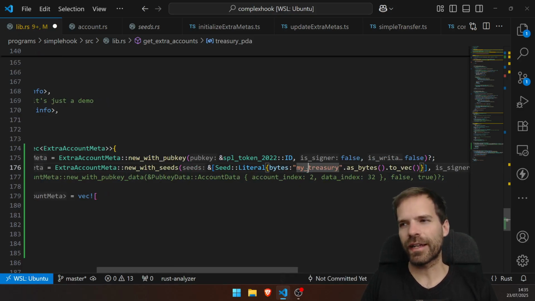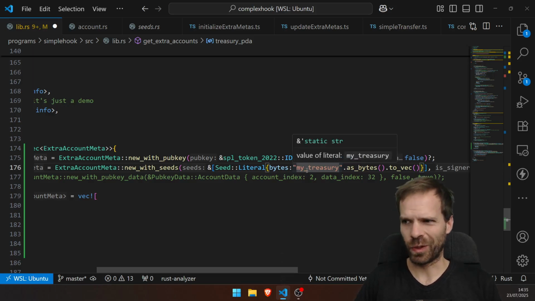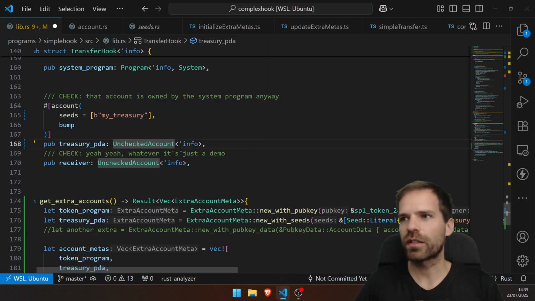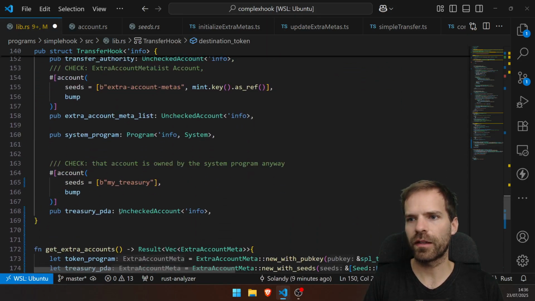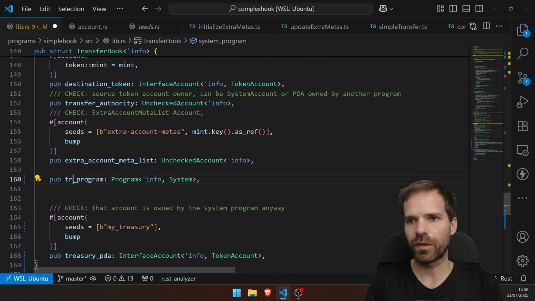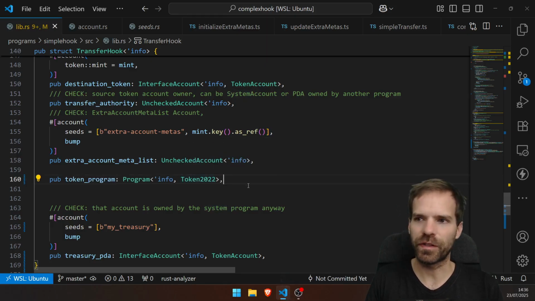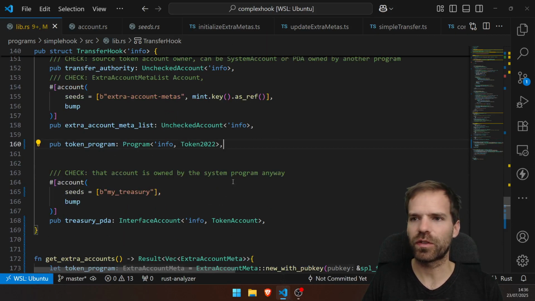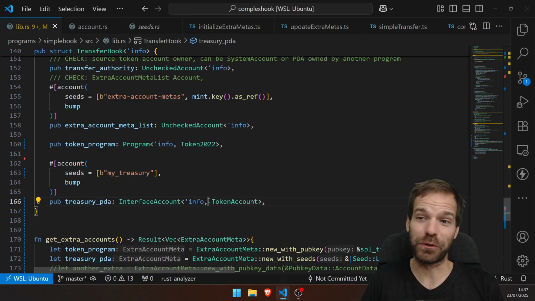And that I already want to be a token account of that token, which I'll just have to create once. And I'm not going to do unchecked. I'm going to do a token account. Like here. I'm expecting this PDA to be a token account. And then this is not the system program, but the token program, even the specific one. So I could even be specific, but let's force it to use this specific token program. Good. So with the extra of the token program and the treasury, I might already be able to transfer because